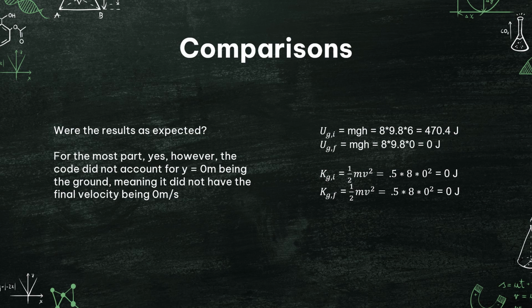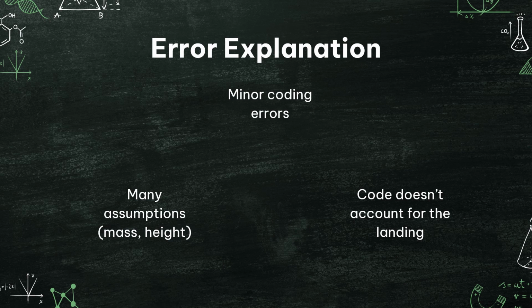For the computational model, the results were as expected because the energy principle was satisfied throughout. However, the only negative is that it didn't account for when the chicken jockey hit the ground, where the gravitational potential energy at the final should be 0. However, it did not have that being 0 in the change in gravitational potential energy in the graph, so that's the only mistake there. That mistake in the code is one error that isn't quite fixable in a reasonable